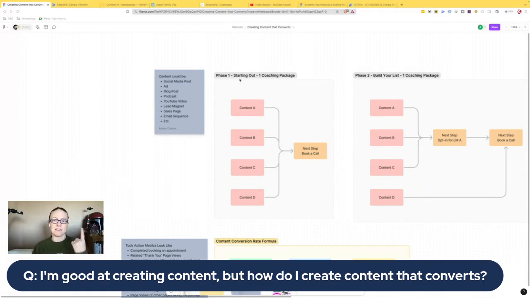One, clear next step for every piece of content that you plan or that you create. Go back and look at content that you've created, and see what's in your top 10% of either people viewing it or getting people.